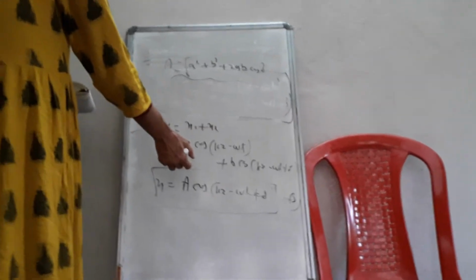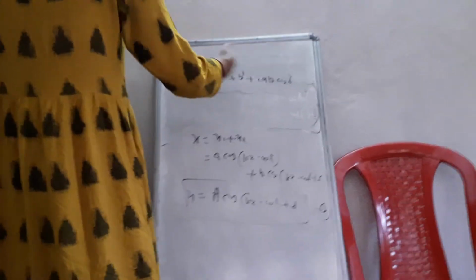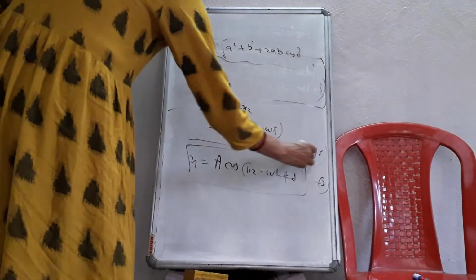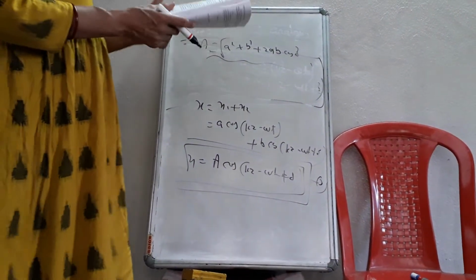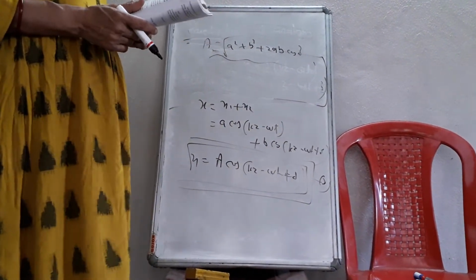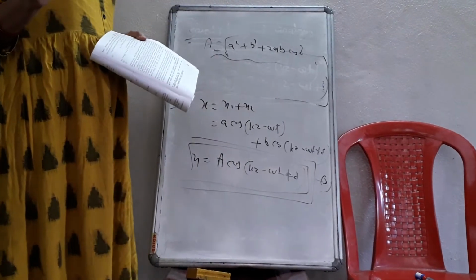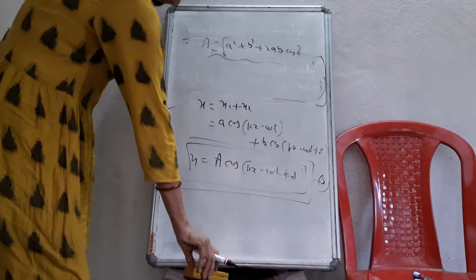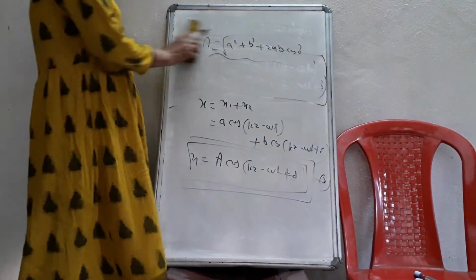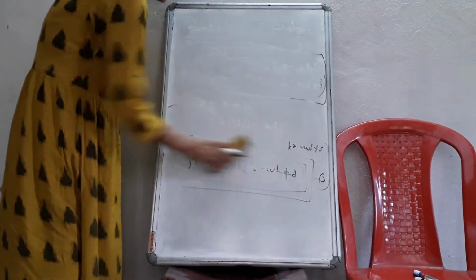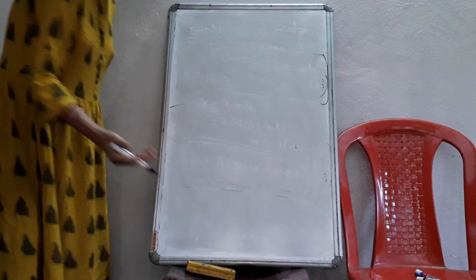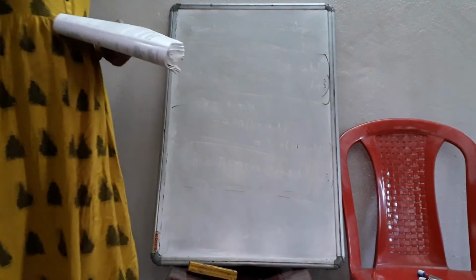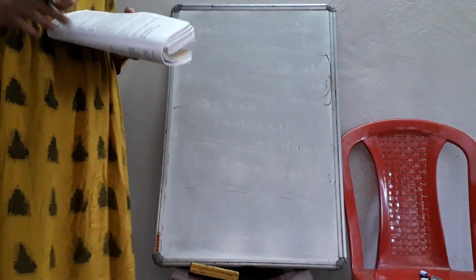This resultant is again of the same form, because equation 1, equation 2 and equation 3 are of the same form. So the resultant one is also a linearly polarized light. When two linearly polarized lights superpose in the same direction, the resultant is also linearly polarized light. So this is case 1. The condition is that the two superposing lights should be in the same direction.